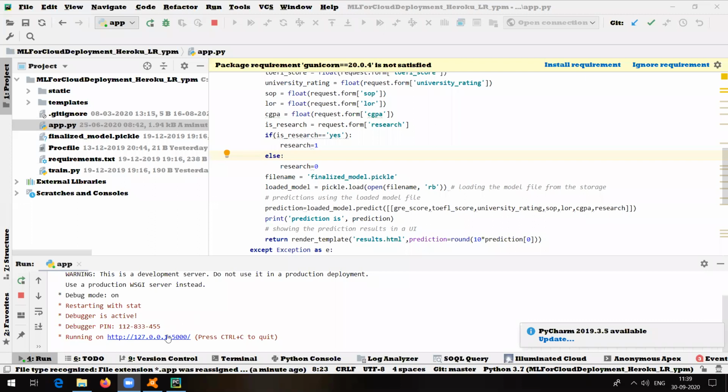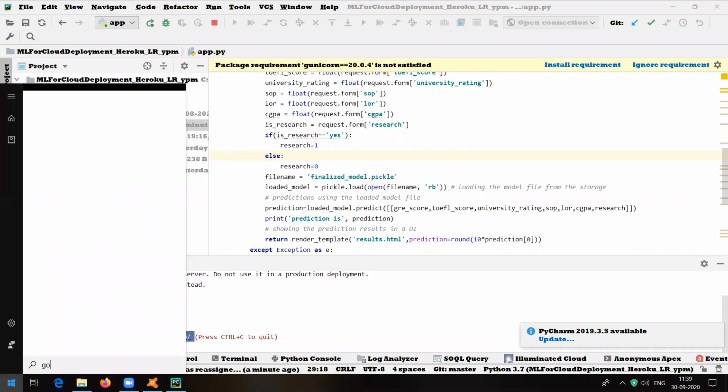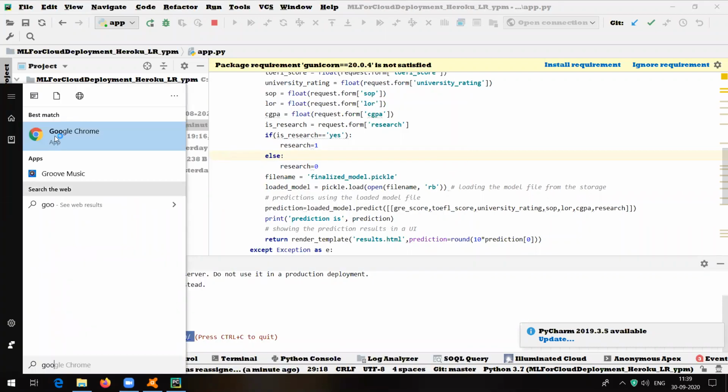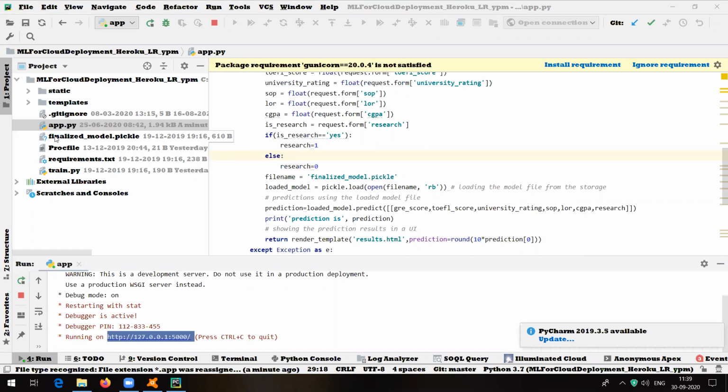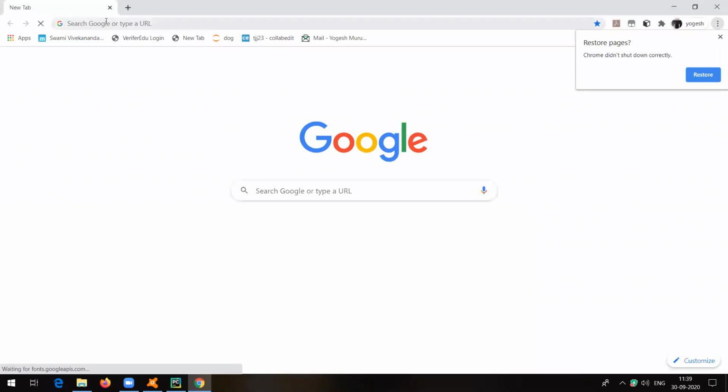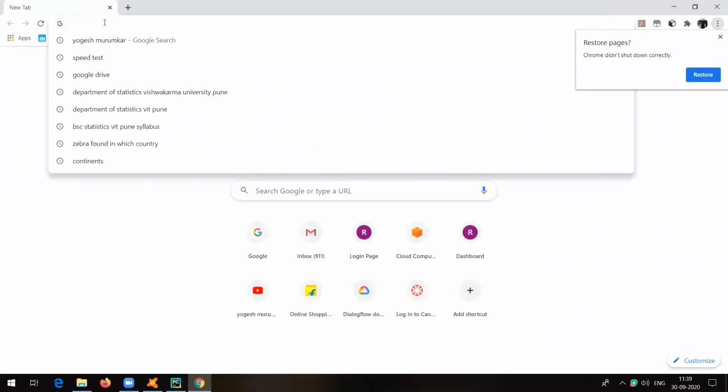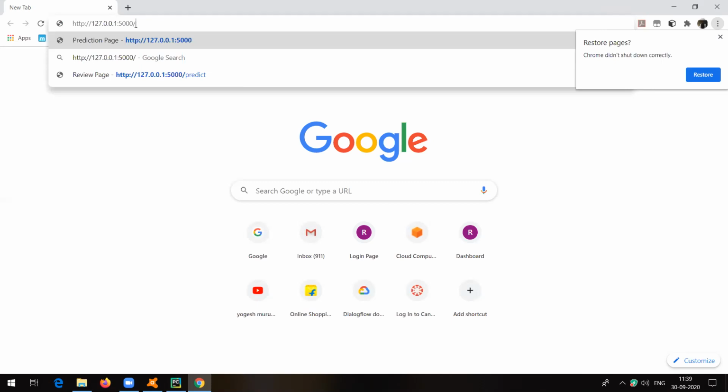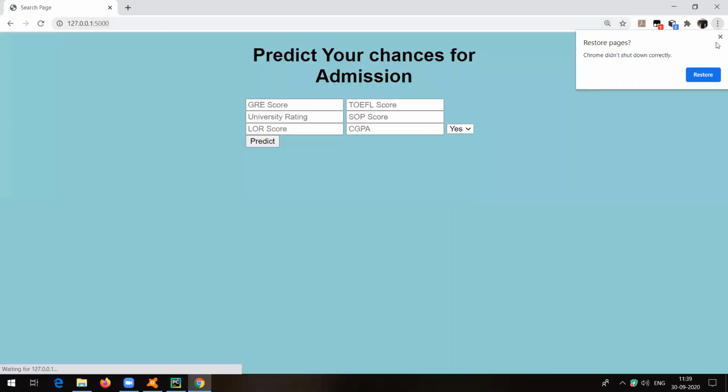First of all, let me show you. See, what you need to do is either copy this particular link. Just select this, copy it, and then open a browser and try to hit that particular link. You should be able to see the user interface of the project, that is the front end, where we are going to pass the values. In my case, I have opened Google Chrome, pasted the link, and I will hit enter. So I should be able to see this particular thing, right?